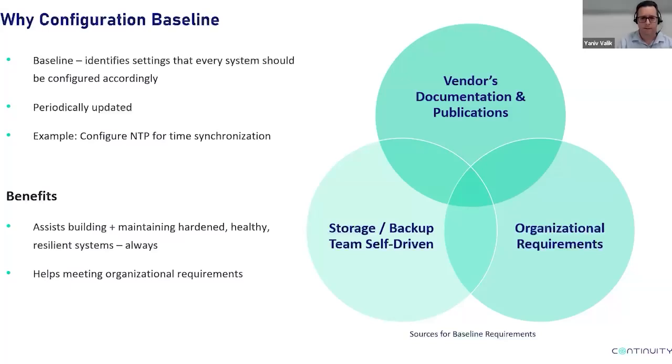And this isn't just a one-off. We revisit the baseline periodically, so it addresses new best practices, latest product capabilities, and organizational requirements. A baseline typically includes core areas like authentication, encryption, role-based access, logging, and network hardening. For example, it may include enabling retention lock on backups, configuring session limits, hardening the default SAN zoning policy, and